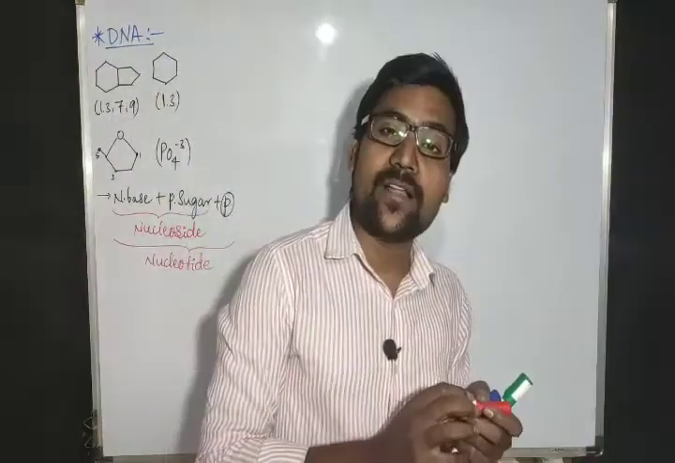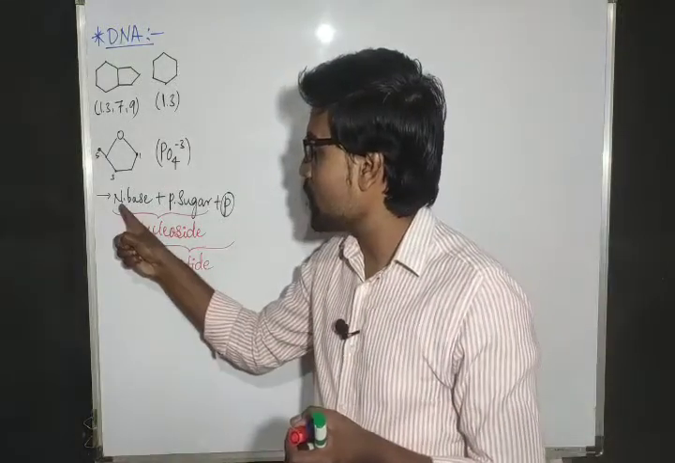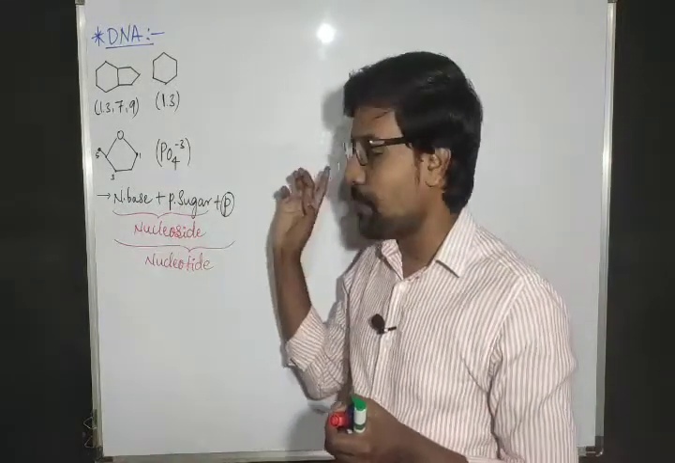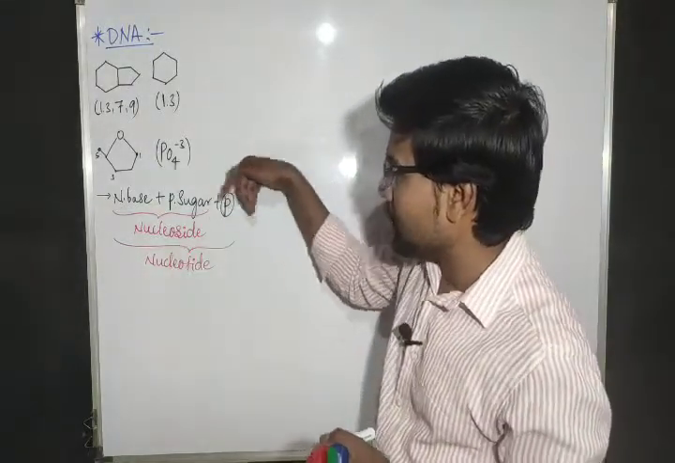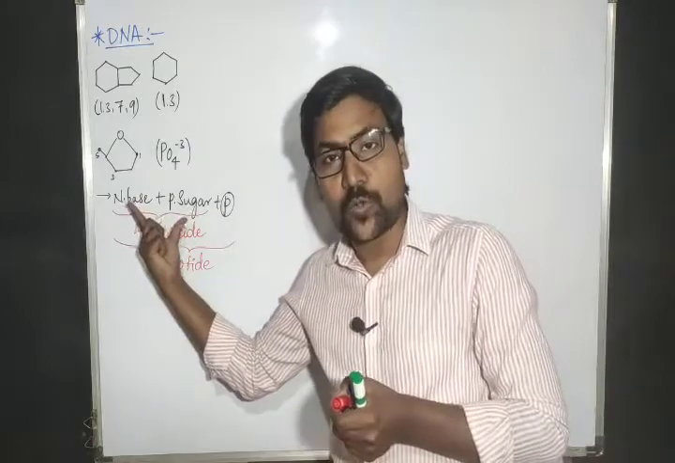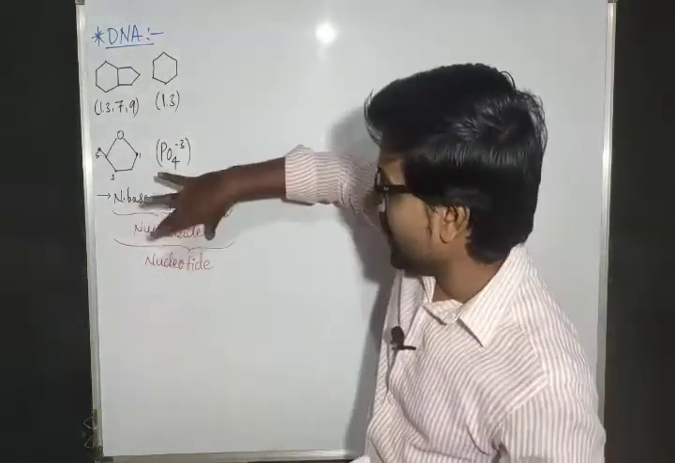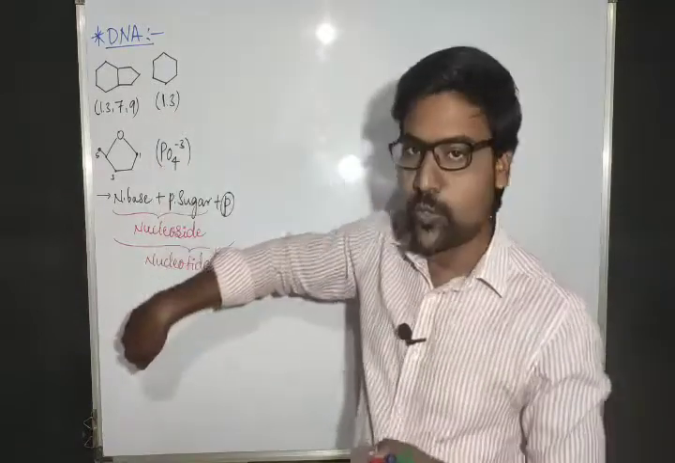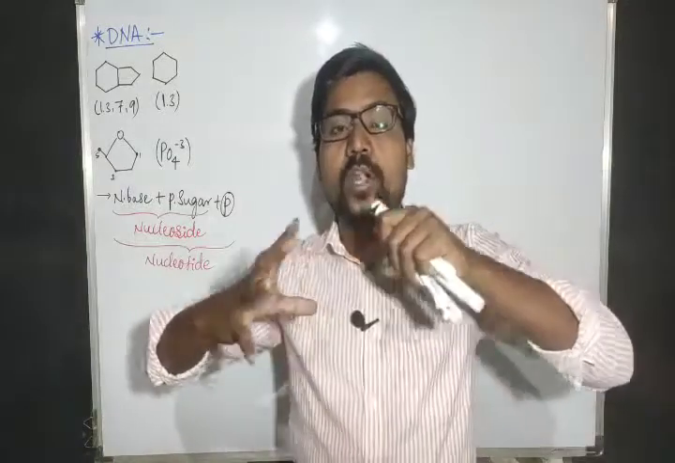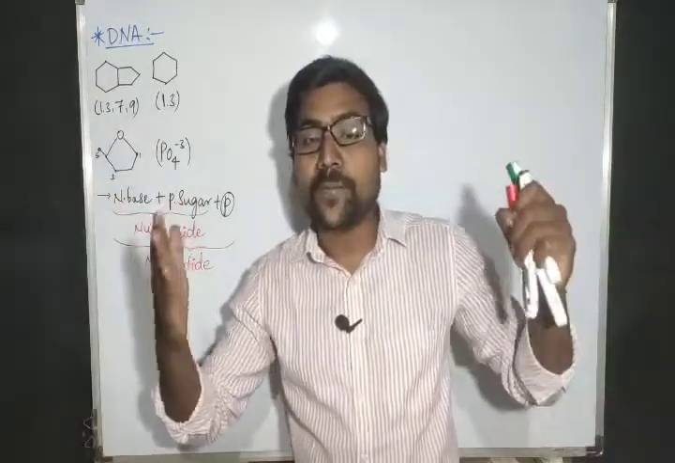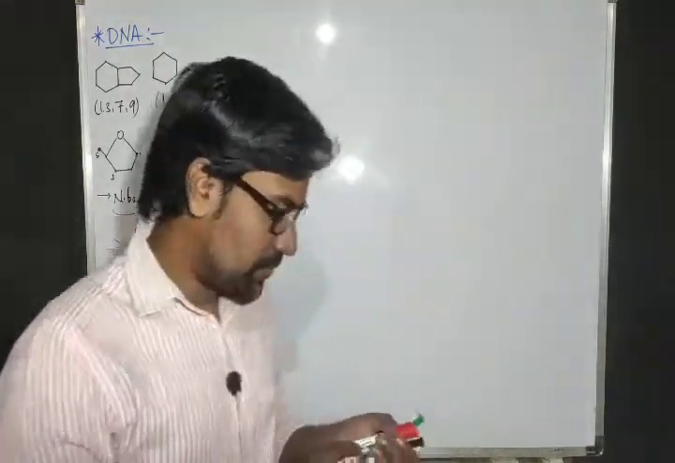That means which one is bigger? Nucleotide is bigger. A nucleotide is a combination of nitrogen base, pentose sugar, and phosphate. In a nucleotide, if you remove the phosphate, then with nitrogen base and pentose sugar only, it is a nucleoside. Now we have to produce the nucleoside, then the nucleotide. So many nucleotides form a polynucleotide strand. That polynucleotide strand is nothing but a DNA. Now,